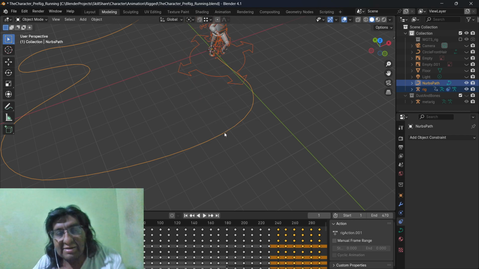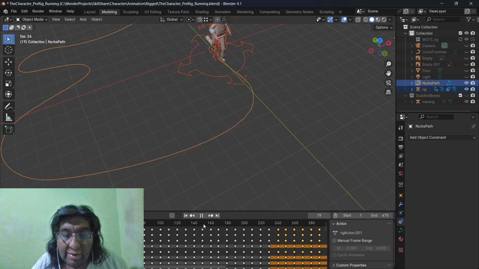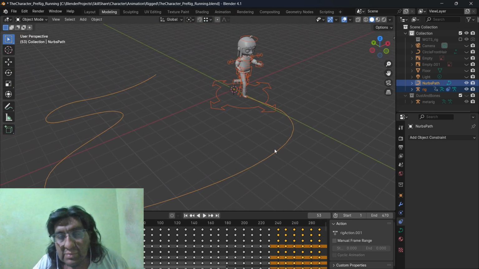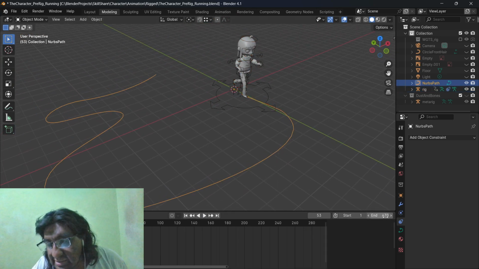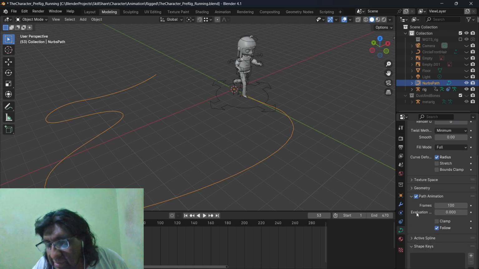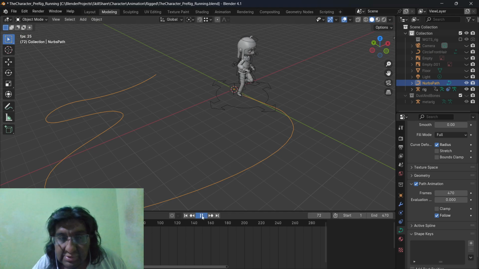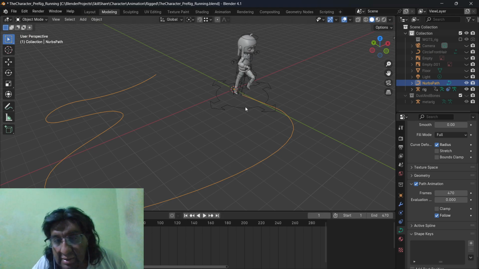Path constraint. And nothing is happening. Click on this curve, path animation, 417. Follow. Yeah, nothing. Now the rig